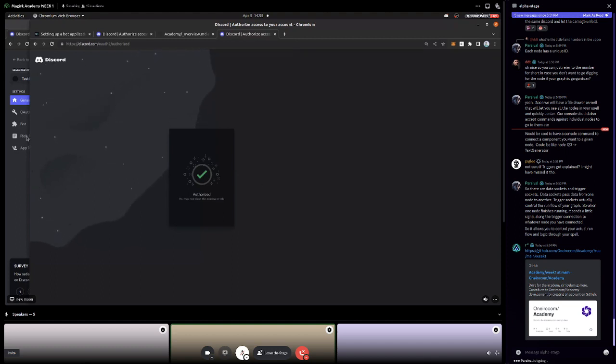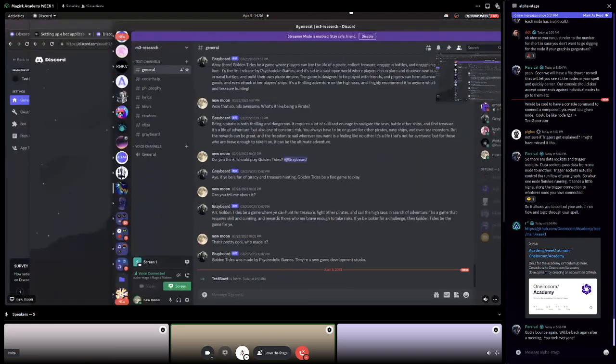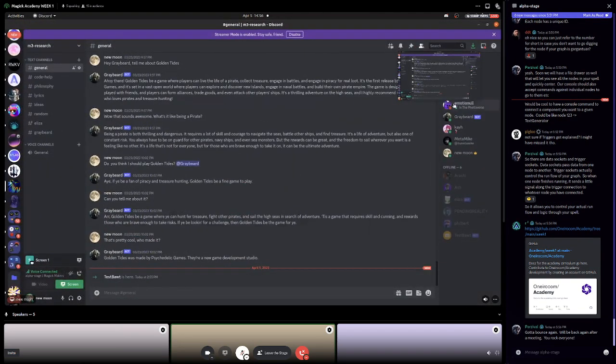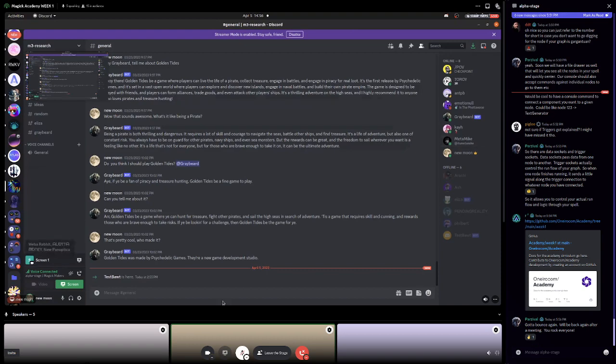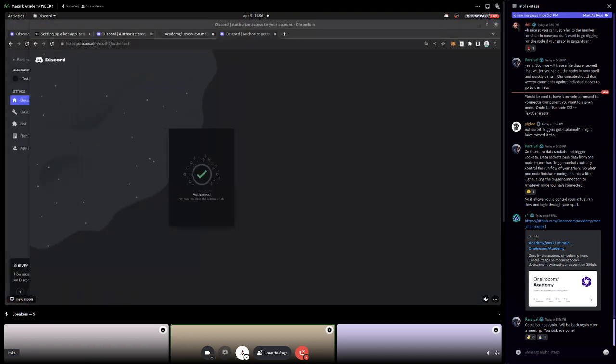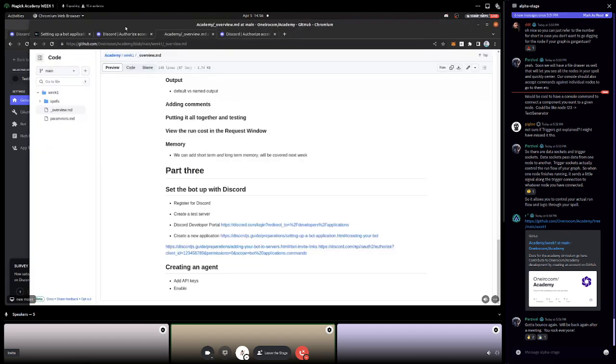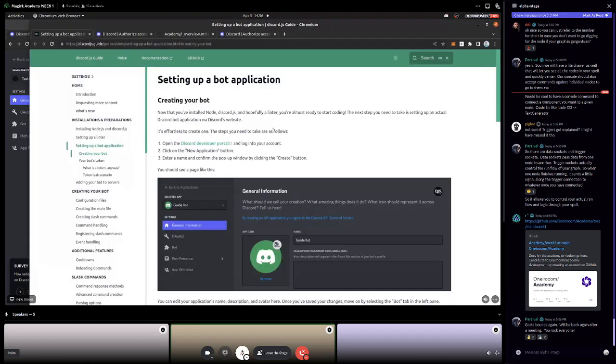How do I verify that? Oh, I can go over to Discord. I can click on M3 Research, and I'll just drag this over here. You can see testbot is here. There is testbot, but testbot's not running. Testbot's just the bot that is now in the server. I actually still have to make an agent that sits here and listens to messages and responds. So that'll be the last part. We've got the bot on the server. We've set the bot up.